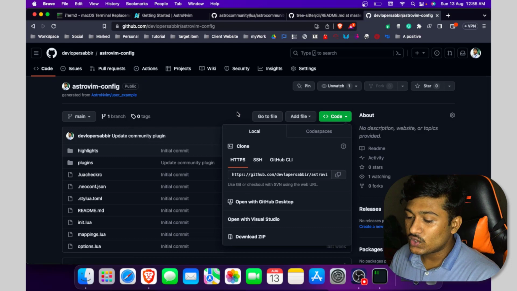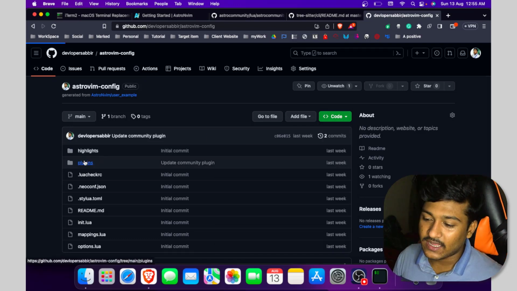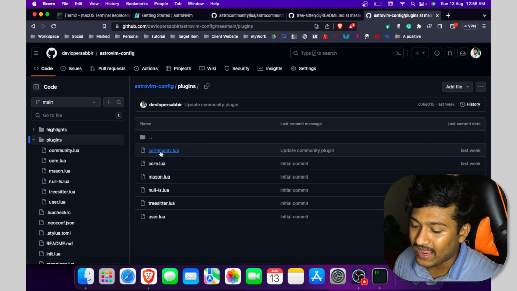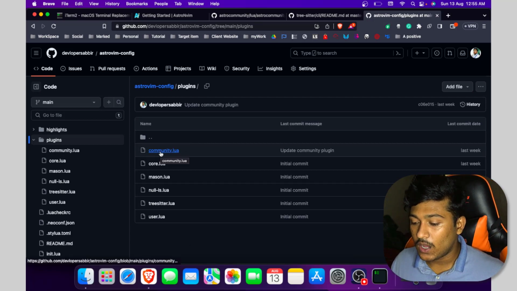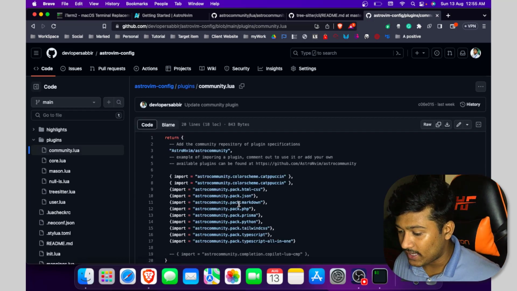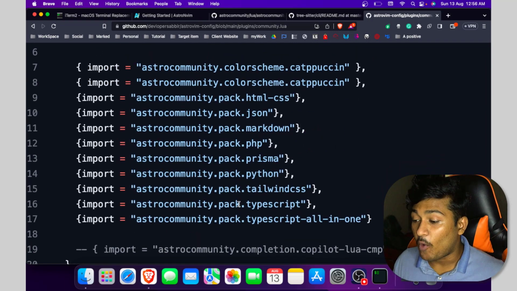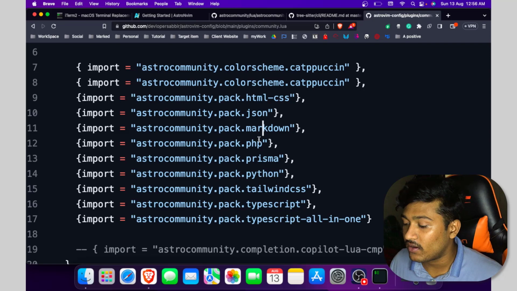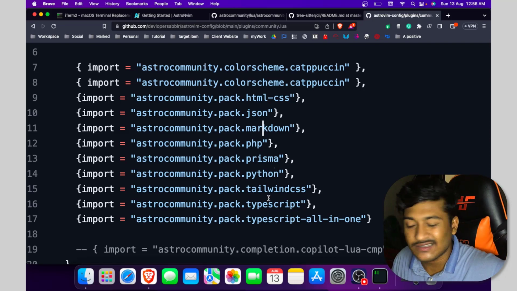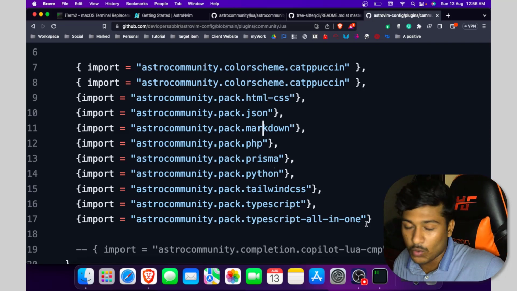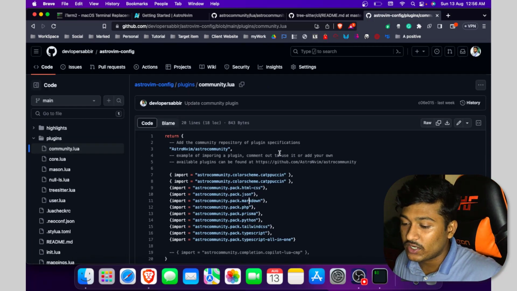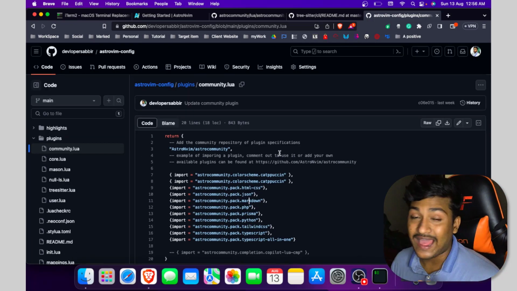It's cloning. I have already added some plugins. For example, if you go to the plugin section and go to community.lua, as you can see here, I have already added the pack for HTML, CSS, JSON, Markdown, PHP, Prisma, Python, Tailwind CSS, and TypeScript all in one. So once you clone this repository, you will get all of the plugins.